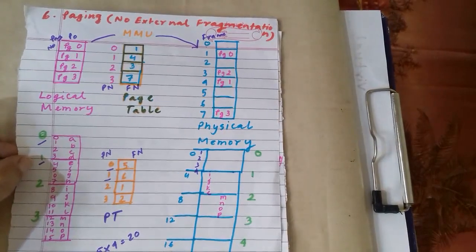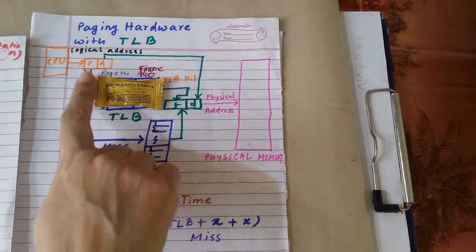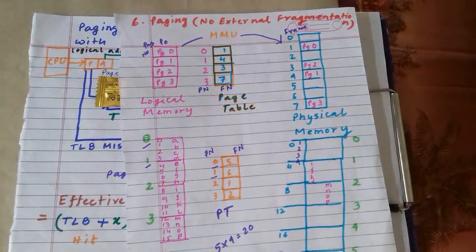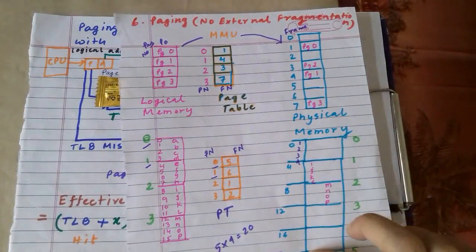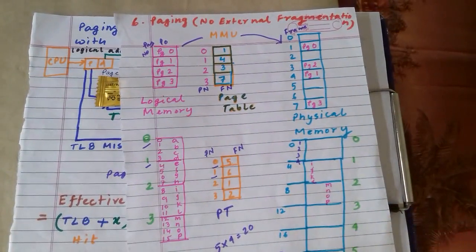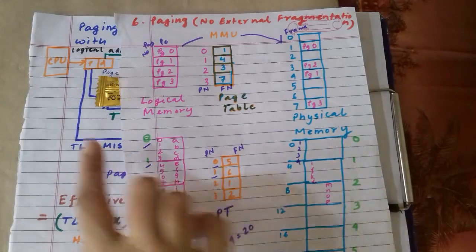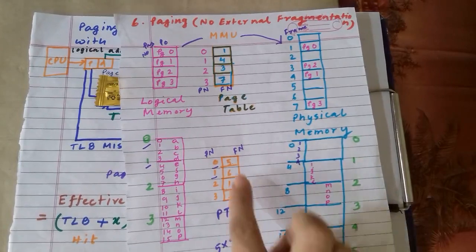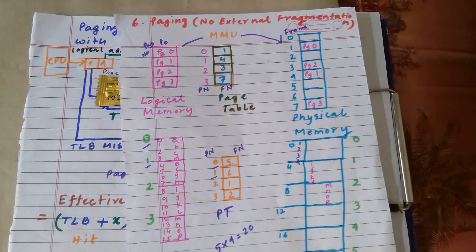The CPU can refer to the D value, this is the D value we mentioned. This D value the CPU can give as 2, 3, or 4. Here the maximum offset value at the 20th location, or the 5th frame you can say, is 4. So the offset value can be a maximum of 4 in this case, and it can be less than 4 also. So it means go to frame number 5 and access 4 bytes.